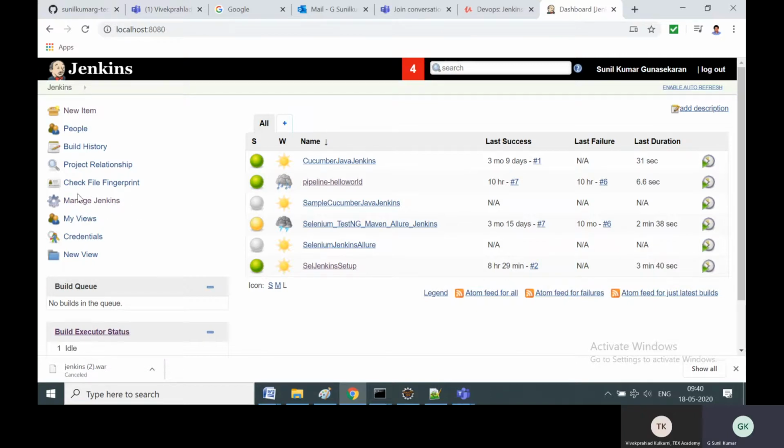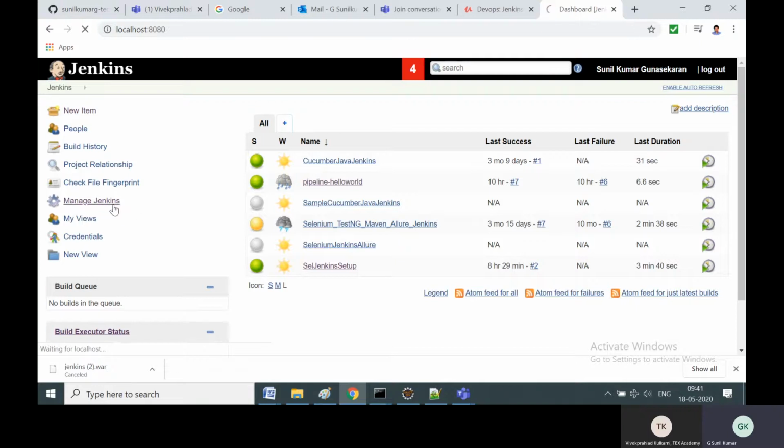Manage Jenkins is a very crucial link. For Jenkins to successfully execute a job, there are background configurations which need to be set, like plugins, Java, Maven, software connections, and Allure report connections. All of these need to be set up in Manage Jenkins.